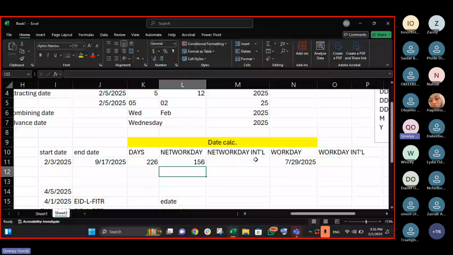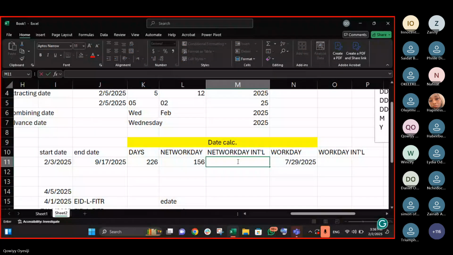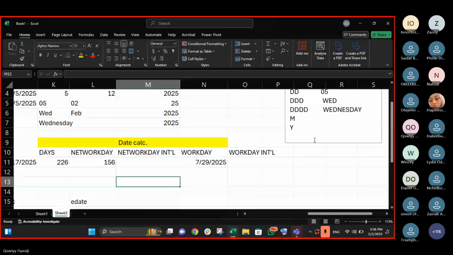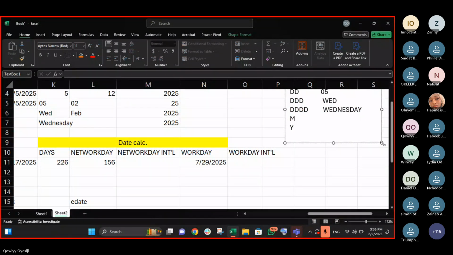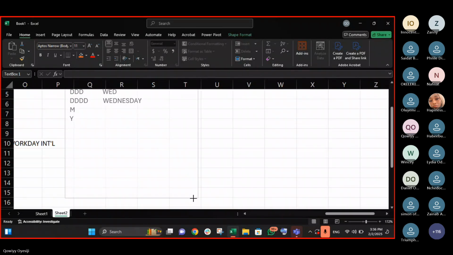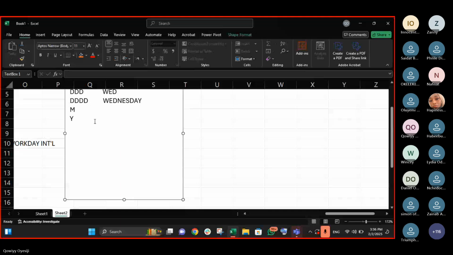So now we just say equals to, and another thing you need to know is that 0 means work day, and 1 means weekend.